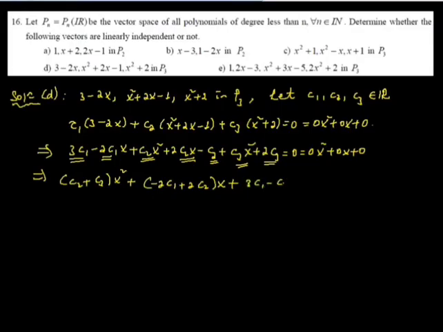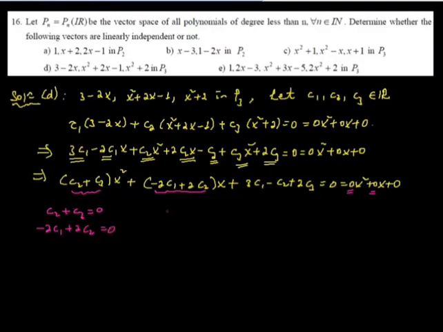3c1 minus c2 plus 2c3 is equal to 0, which is 0x square, 0x, 0. so by comparison ምን አለን ማለት ነው, c2 plus c3 ከ0 ጋር እኩል ይሆናል, c2 plus c3 0 ይሆናል። ሌላው ደግሞ minus 2c1 plus 2c2 is equal to 0 ይሆናል። አሁንም ሌላኛው ደግሞ the constant term 3c1 minus c2 plus 2c3 is equal to 0 ይሆናል ማለት ነው። አሁን ሶስት ኢኩዌሽን ሶስት ቫሪያብል አለን።